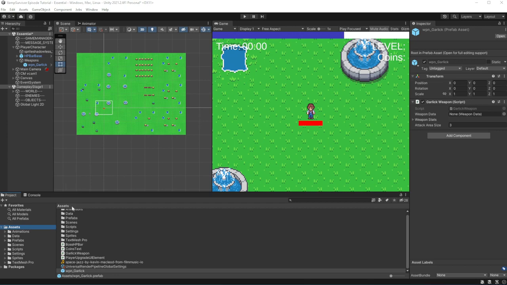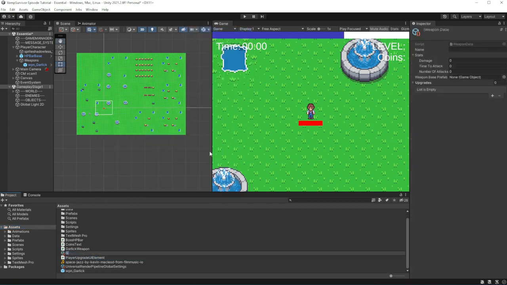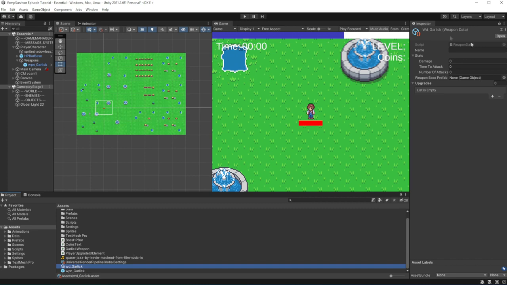Now we need to create data for the weapon. Make the data scriptable object. Reference the prefab of the weapon Garlic.